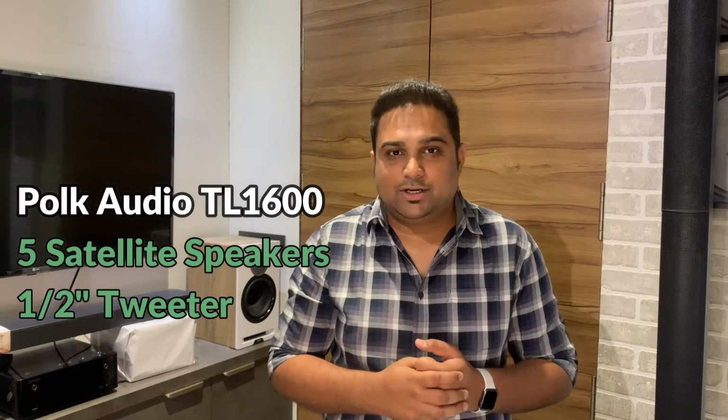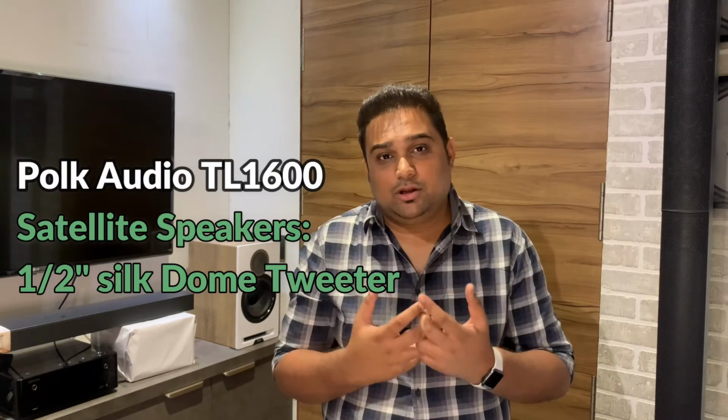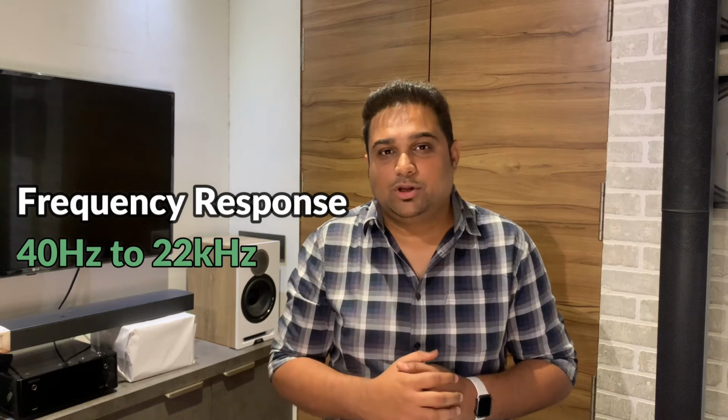Now, as I said, it has got a half-inch tweeter in all the satellite speakers as well as the center speaker, and this particular tweeter is basically made of dome. So it's a dome tweeter, not very fancy but really nice when it comes to that particular price point to deliver good high frequencies. Now this particular package can start from 40 Hz and go up to 22 kHz in